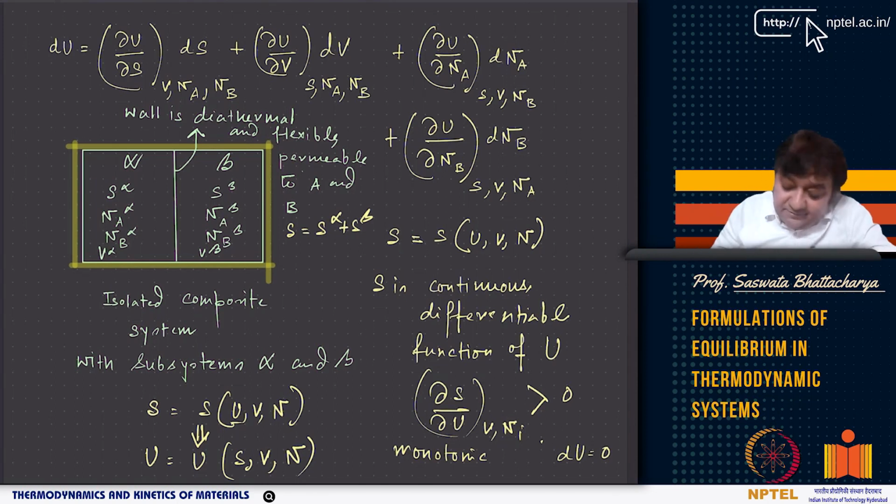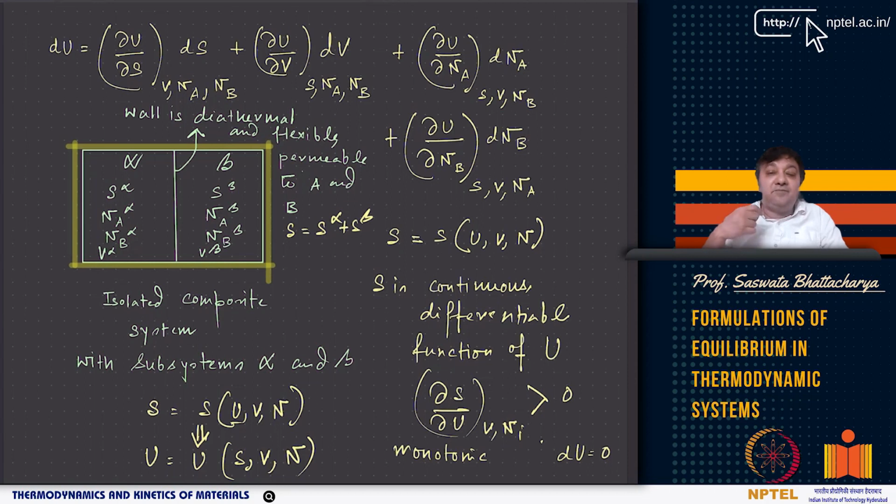But the equilibrium can. So basically we are saying total energy is constant. It is very intuitive, and we can easily understand it, right? Total energy cannot change. It's an isolated system. Whatever the states of these different subsystems, the total energy is constant. That is something we can easily understand and realize.